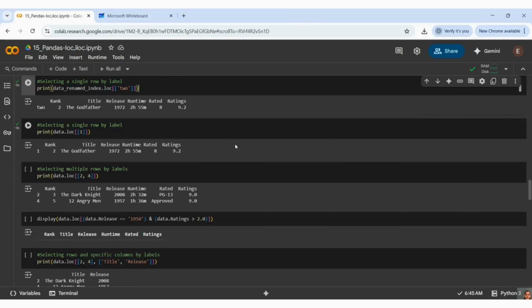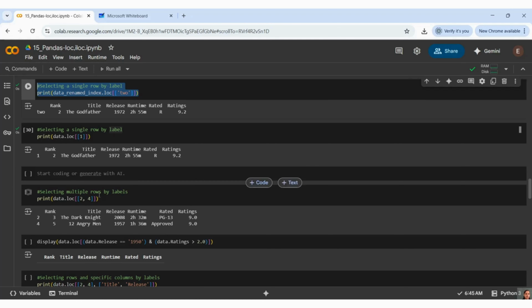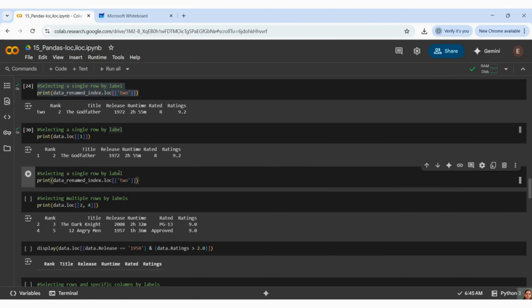Now let me take another example and show you. Now I want to fetch multiple rows. Okay, let us see that. Let me take 2, 5, 6, 8. Now I want to fetch these 4 rows.